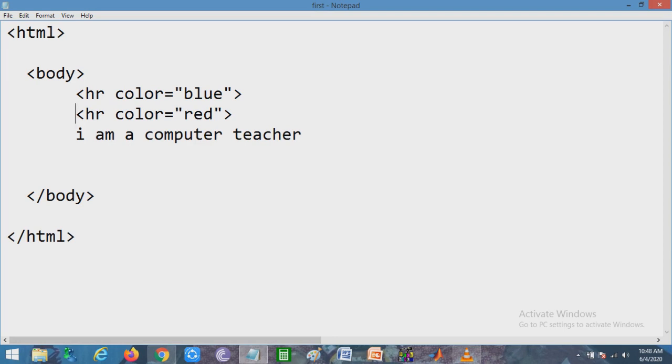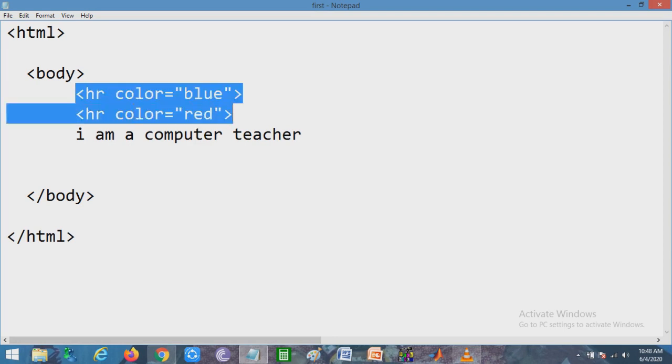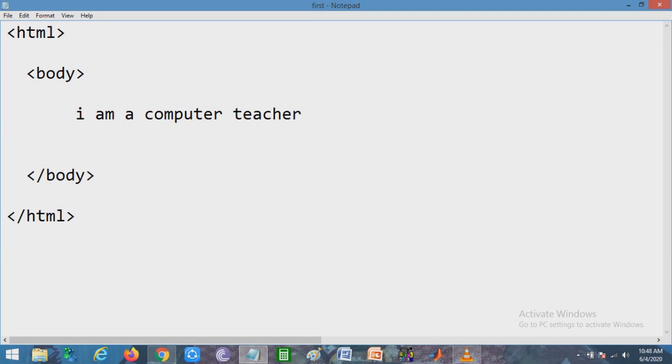Now the last part in this video I want to do. We are mentioning the body background color. Already we have learned. If I use bgcolor and equal sign and inverted comma, and between the inverted comma, suppose yellow.